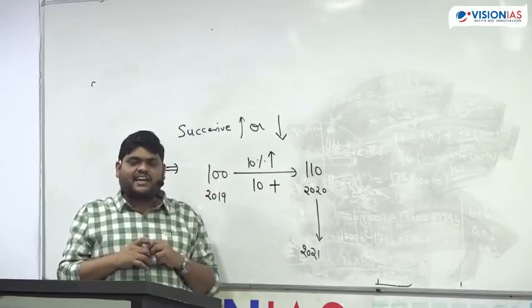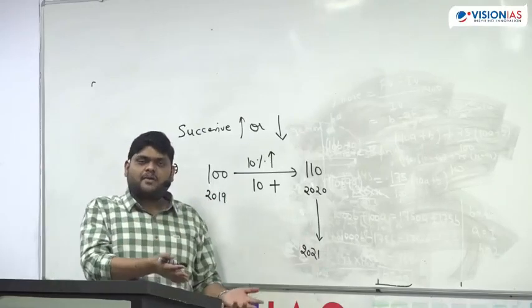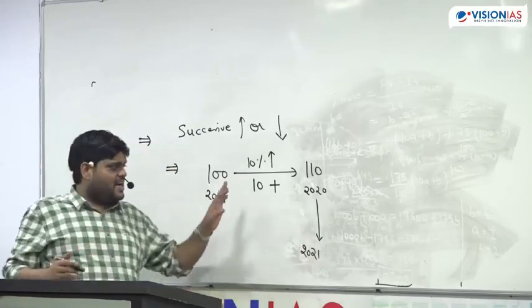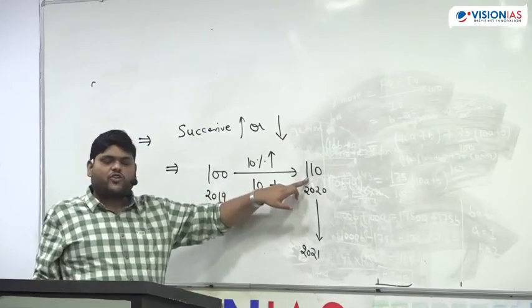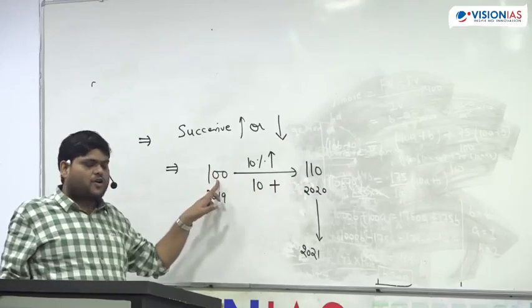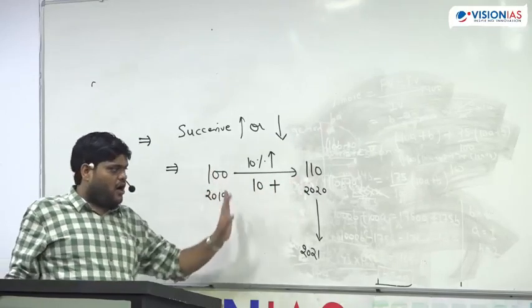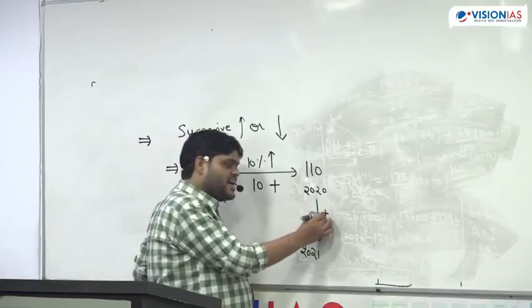So this year the increment is 10% of the previous year. Previous year 10% means, understand, what happened? In this year, the increment is 10% of the previous year. This year, the increment is 10% of this year. So all this will go like this. So if I increase 10% again,